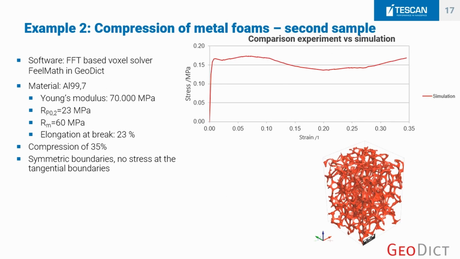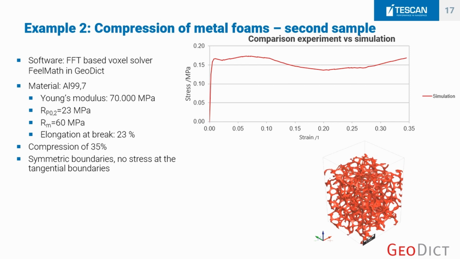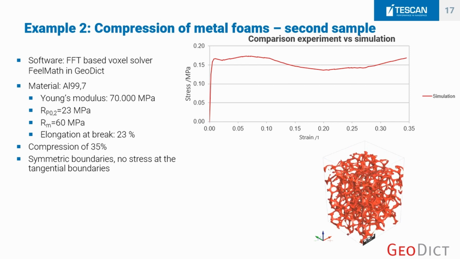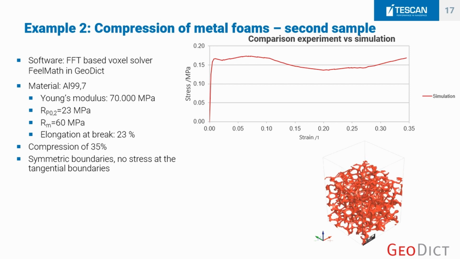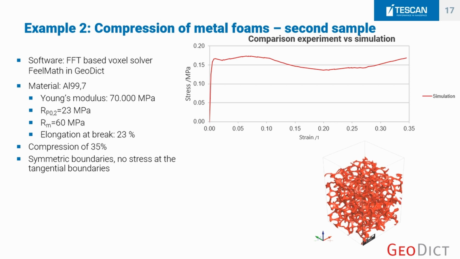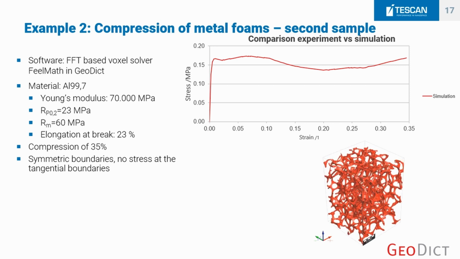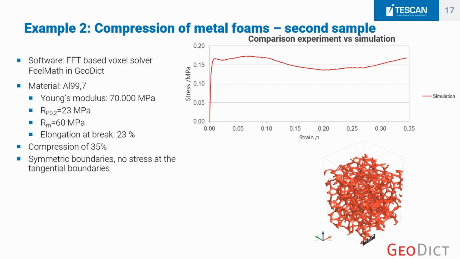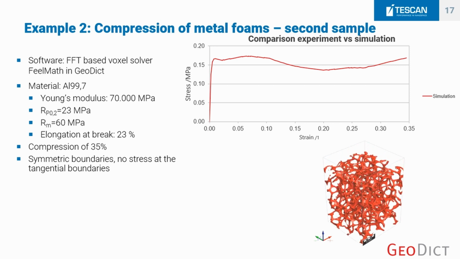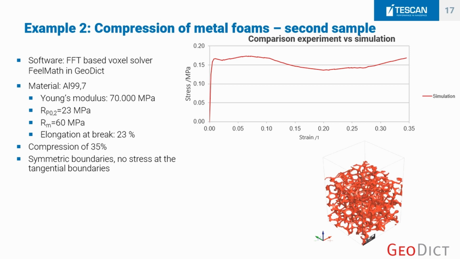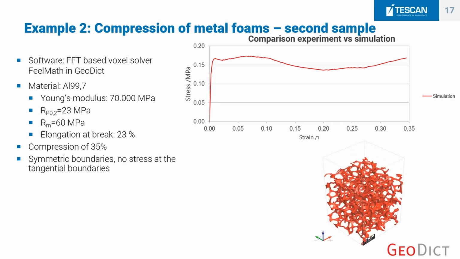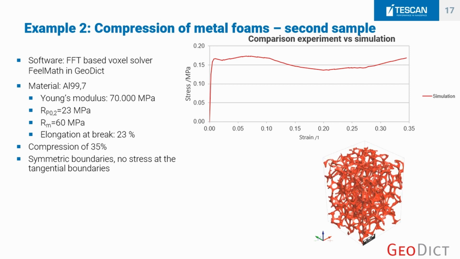With these initial, very satisfying results, we went to a second experiment. And like I said before, now we changed the order. We started with a static CT scan of an aluminium foam sample and did a numerical simulation based on that. Same voxel solver, same parameters, same compression range, and same boundary conditions. We also took a sample from the same batch of aluminium foam, to ensure that at least the material properties were the same.